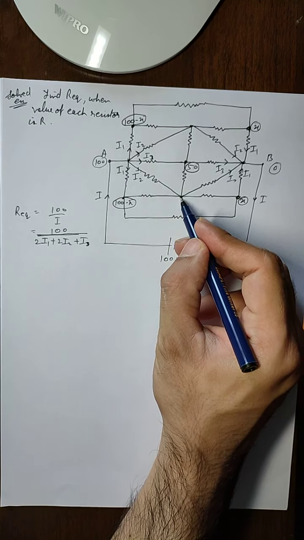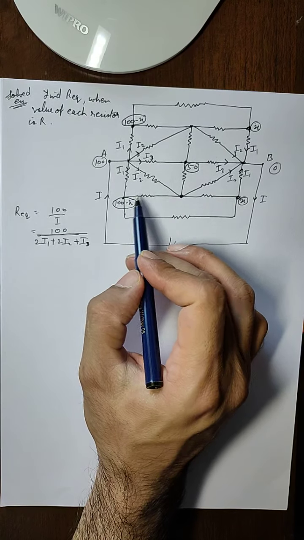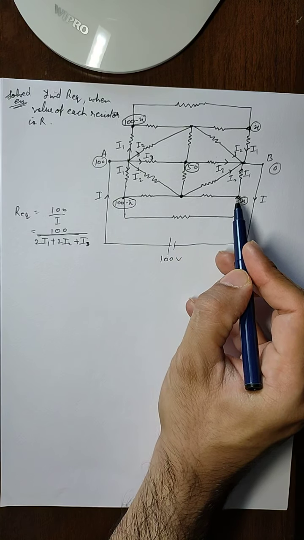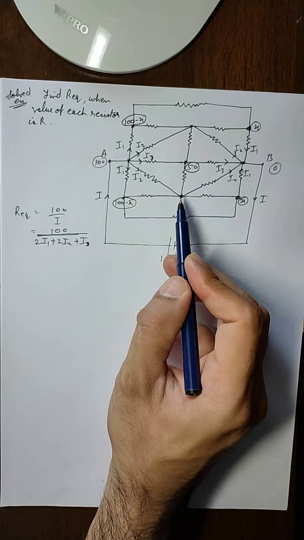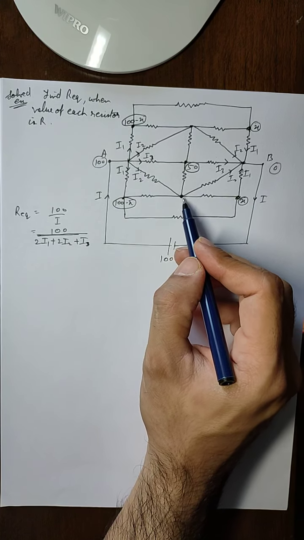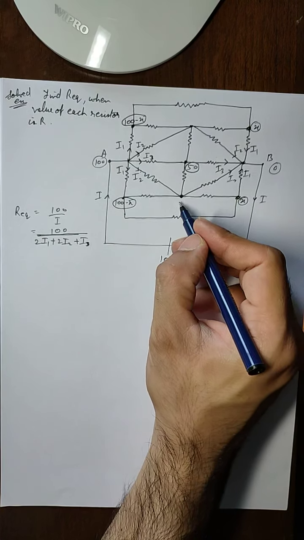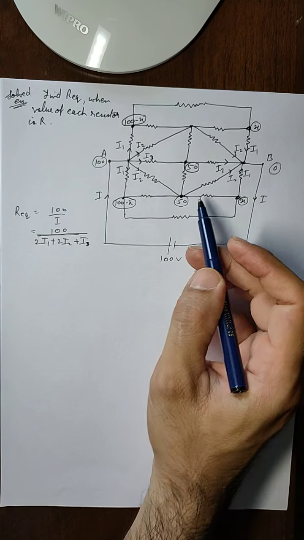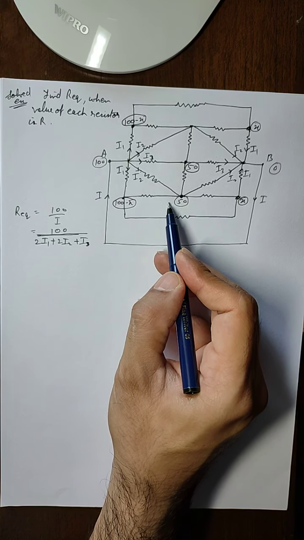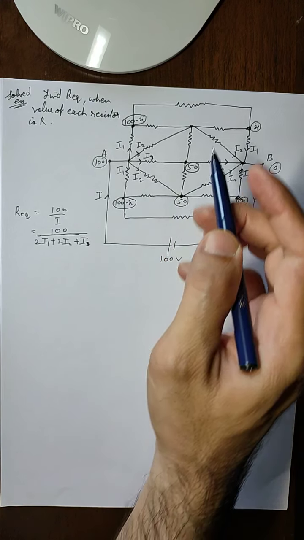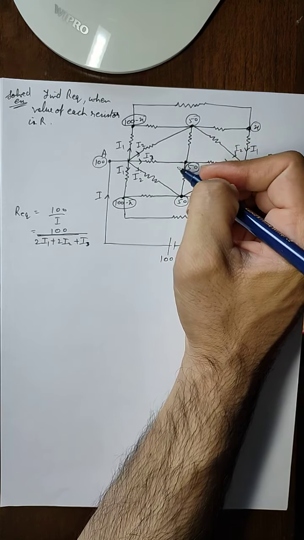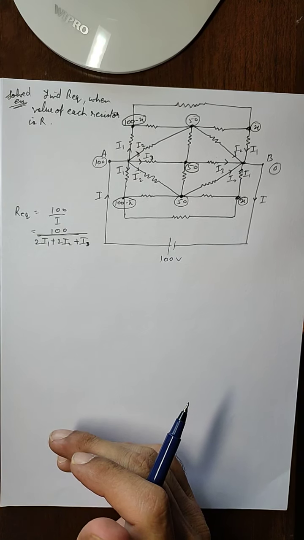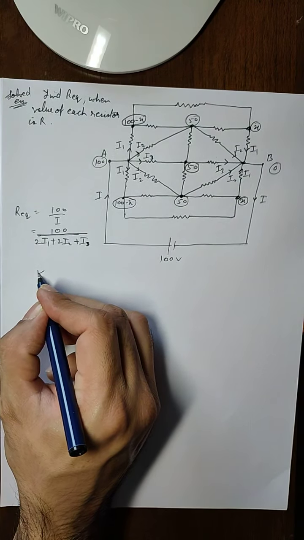Similarly, this point is also dividing the potential difference on this branch. So the potential between these 2 points should be equal to the potential between these 2 points. Now for these 2 points, the only value that will satisfy is 50. We can see the potential across this branch is 50 minus X, and on this branch it will be 100 minus X minus 50, which will also be equal to 50 minus X. And similarly this point will also have a potential of 50 by the same logic. So after we do this potential nomenclature, now we can apply KCL.